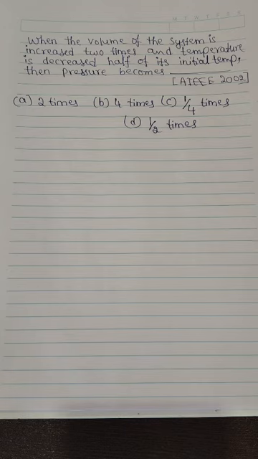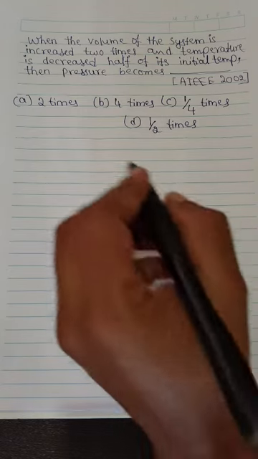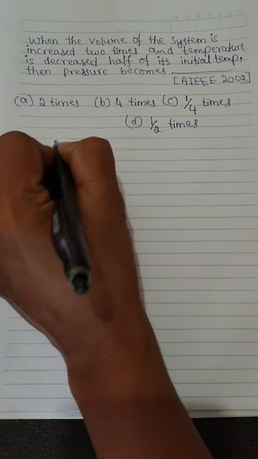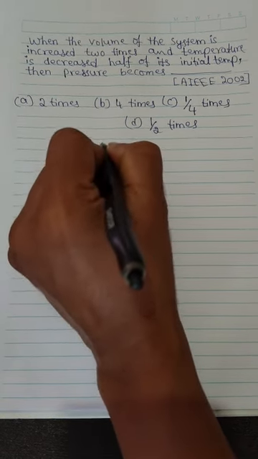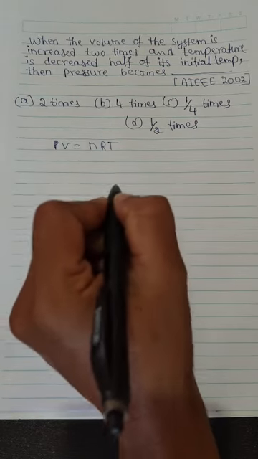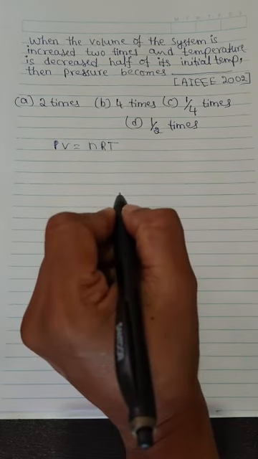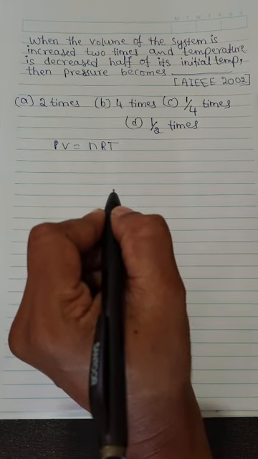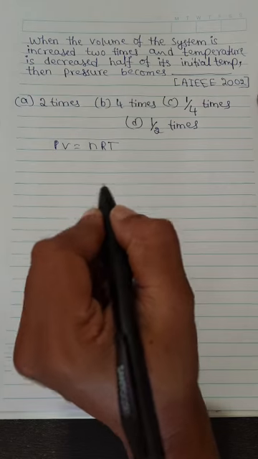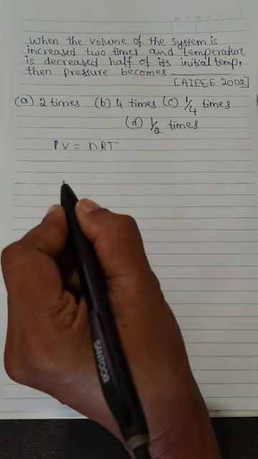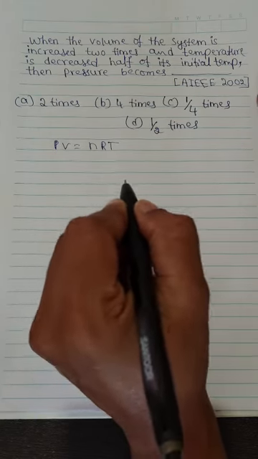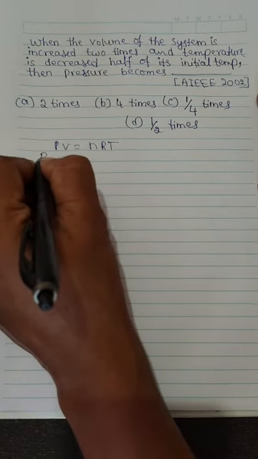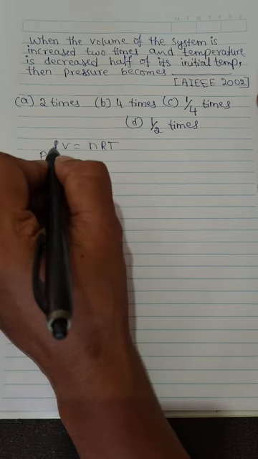So to solve this question, let us take the ideal gas law, that is, PV is equal to nRT. So here what we have to calculate? We have to calculate the pressure. Okay. So the question is, the volume of the system is increased 2 times. Temperature is decreased to half of its initial temperature. Since we have to calculate the pressure,